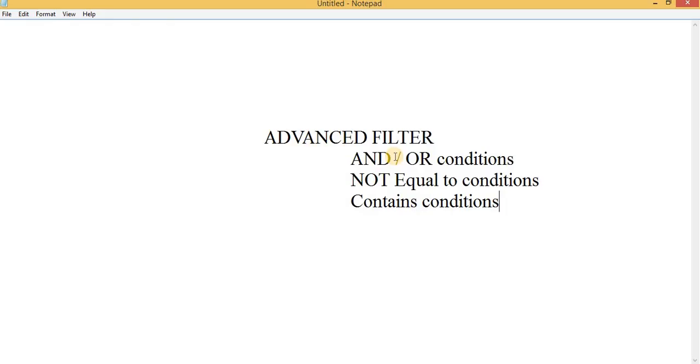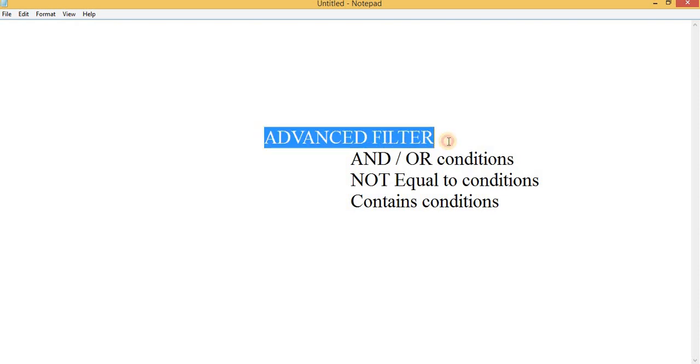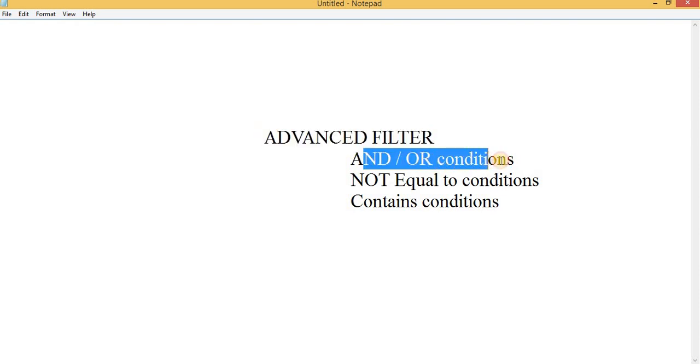So in this video I have already explained how to use the advanced filter option for AND or OR conditions. To summarize, the criteria in the same row is considered as AND conditions, and in different rows will be considered as OR conditions for criteria. You may also filter arrows or pencil.